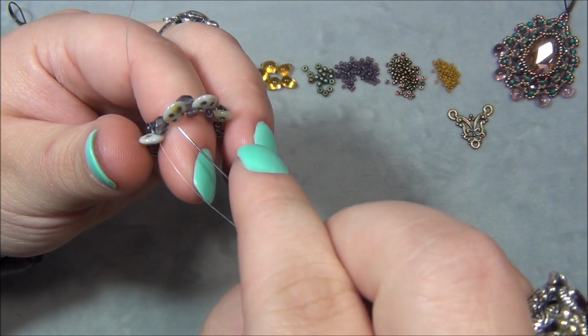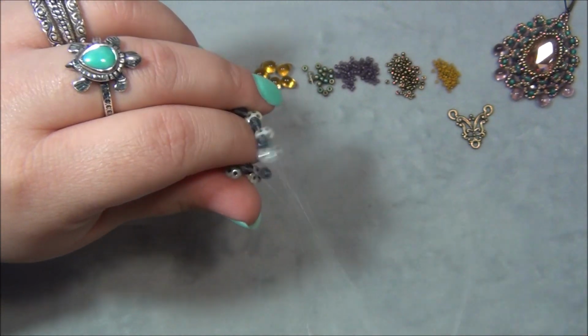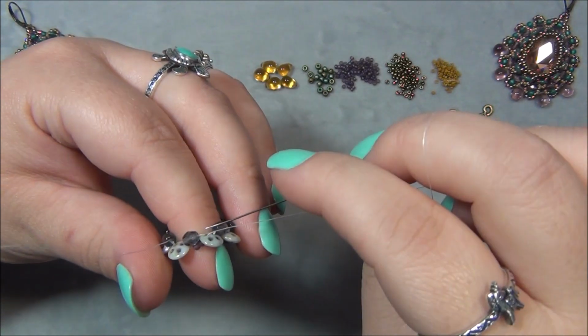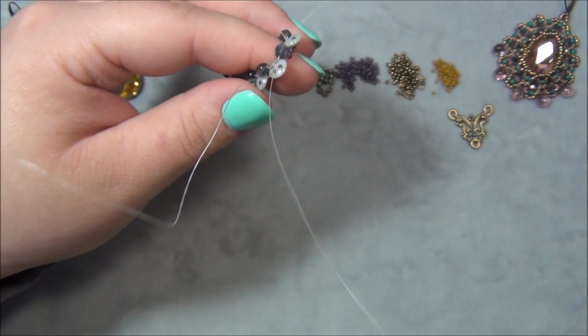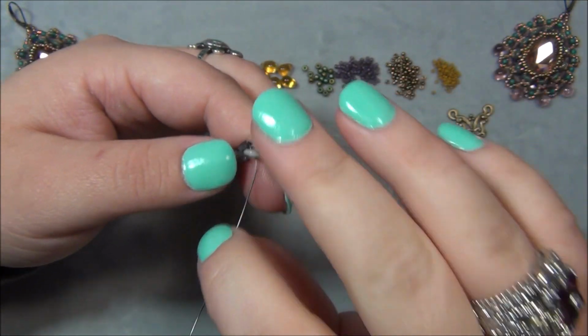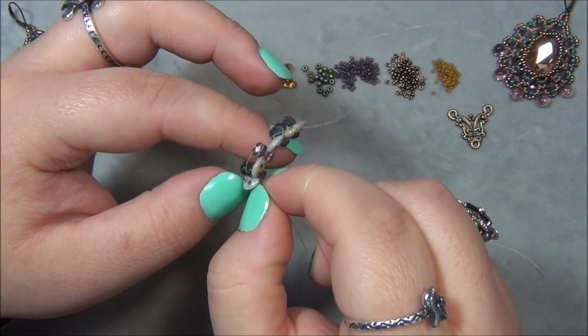I'm going to go through this quadralentil again. Okay, back through the 4mm, back down this quadralentil, pull it tight,